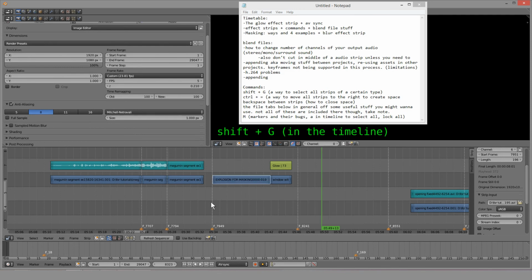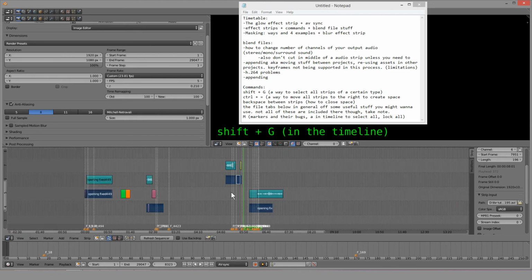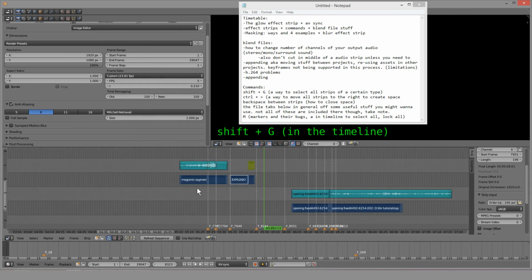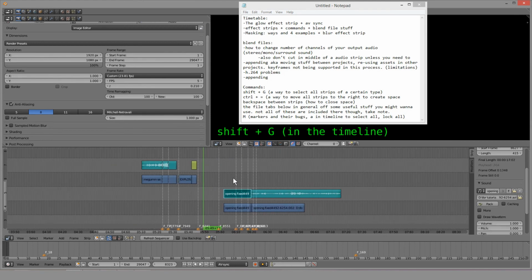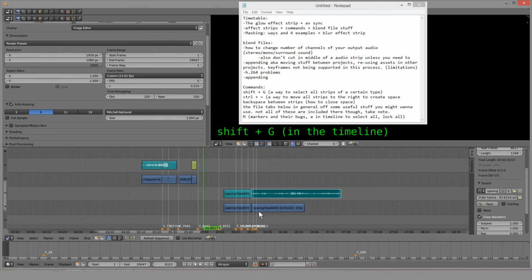If I click on a video strip and I do Shift G and hit type, it's going to select every single video strip and any effect strips in relation to that video strip. And I can just delete them all if I want to. This is a very easy way to separate your video from your audio, or say I just want to render out my audio. I can easily get rid of everything except the audio,